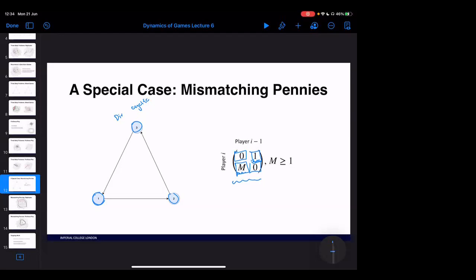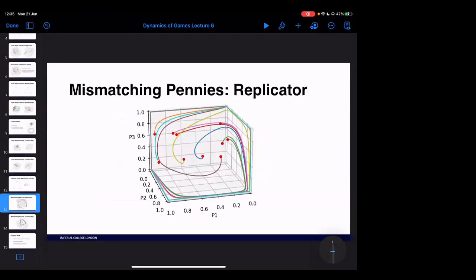You might think this is quite a contrived example that I might have just pulled out of nowhere. However, the reason why we're looking at it is for historical reasons. In fact, this was the first game, sorry, for which it was shown that Replicator in these 3-body situations doesn't converge, right? So it was shown in 2014. So again, really not that long ago, that the Replicator dynamic, instead of converging down to an equilibrium, as long as you start away from the equilibrium, you'll end up converging to these cycles.